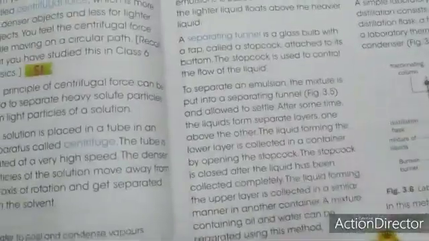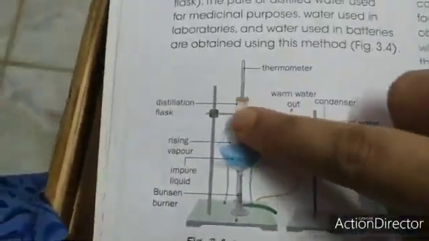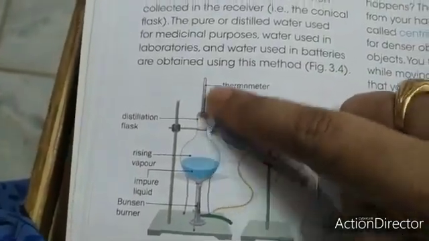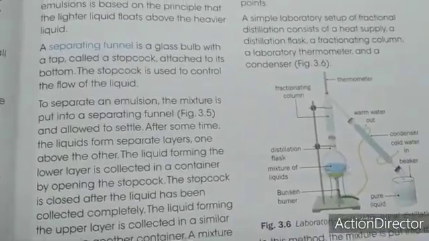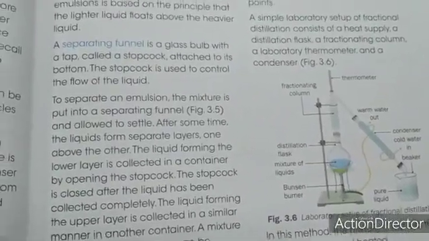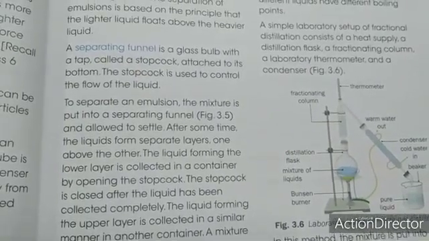As we talked about distillation, fractional distillation is the same, the only difference being that you can see here it has a fractionating column, but the simple distillation setup doesn't have a fractionating column. That is the major difference. It is specialized by its fractionating column, and it is used to separate liquid mixtures. It is widely used to separate crude oils like petroleum, kerosene and so on.